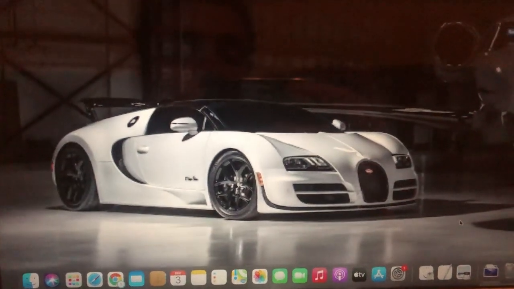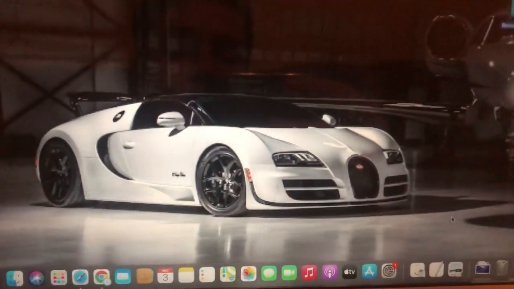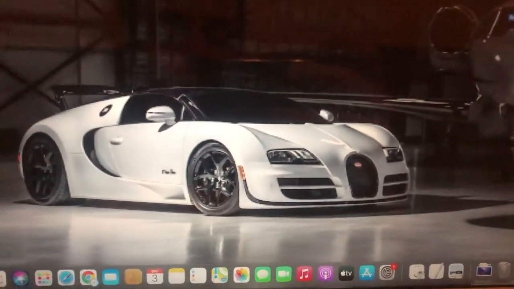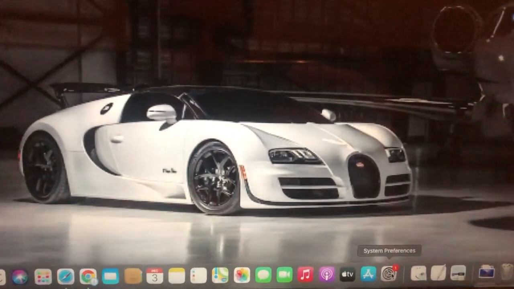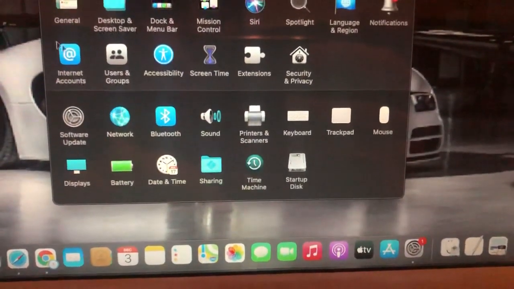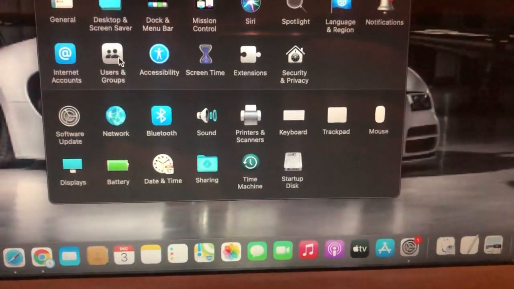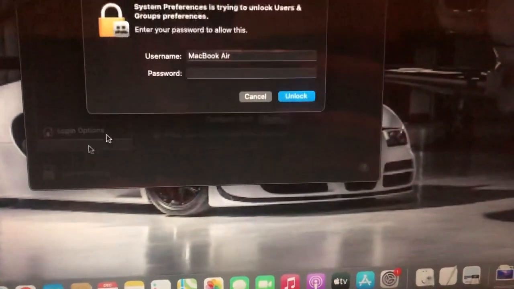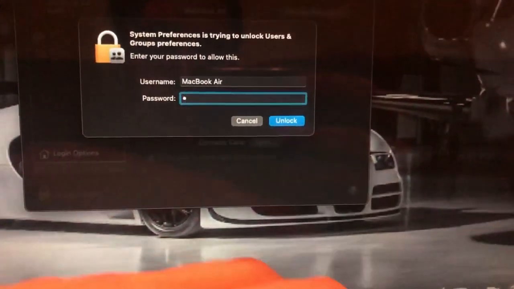Today I will tell you how you can easily delete a user from your Mac. For doing this you just need to go to System Preferences, so just open it. Now you need to choose Users and Groups. Now you need to tap on the lock here. So now just enter your password